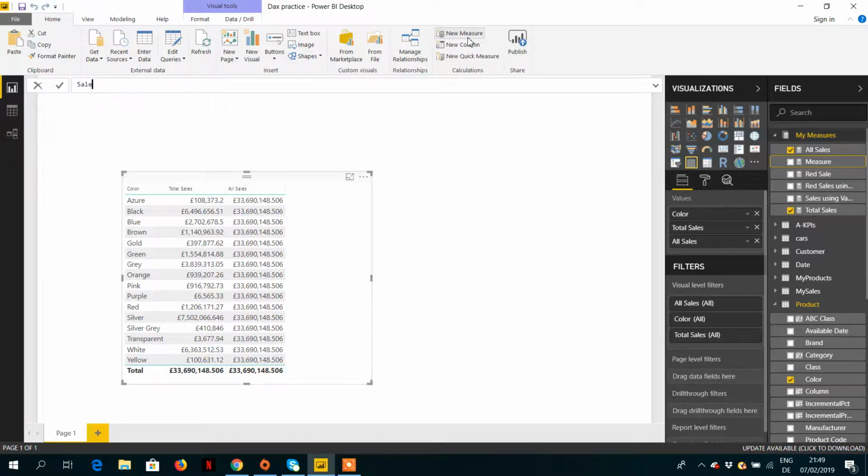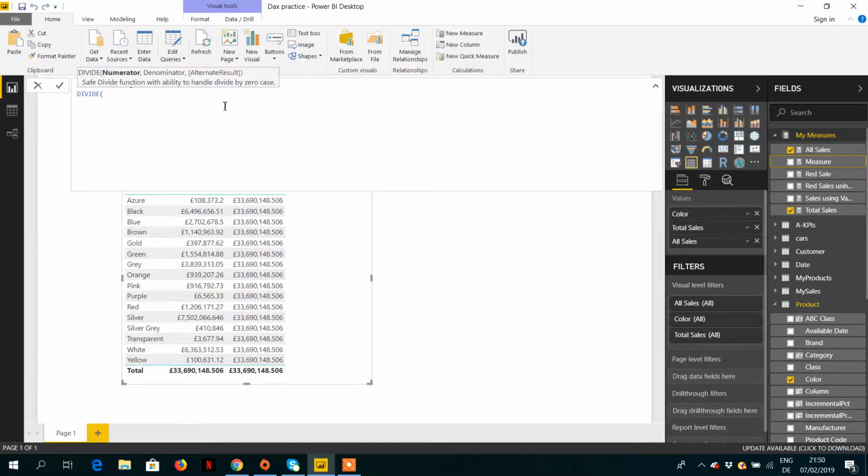We can write Sales Percentage, and then we can use the DIVIDE function, which takes a minimum of two parameters.